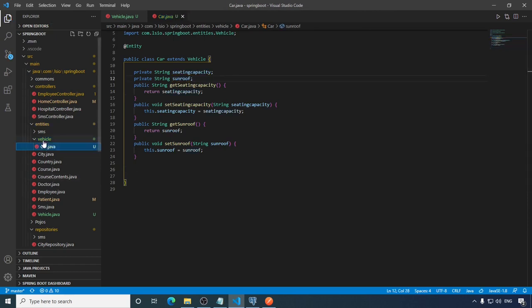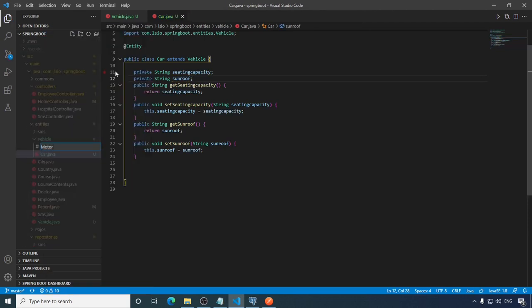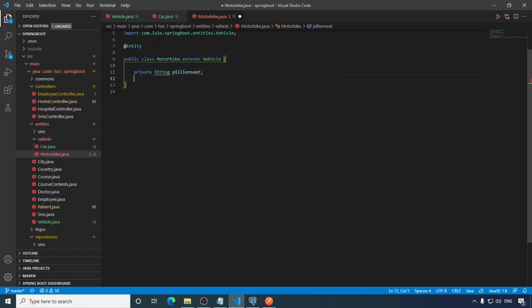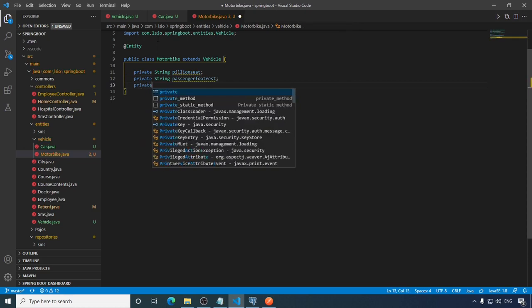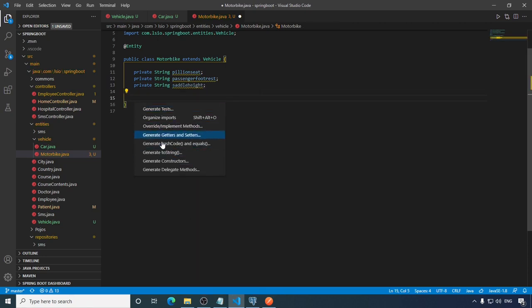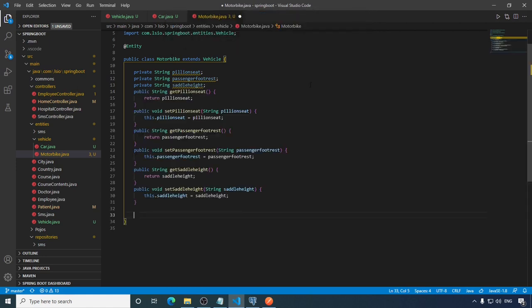save this. Now the second child, which is Motorbike.java. Extends Vehicle, and let's say this class has pillion seat and passenger footrest, and let's say saddle height. Right click, again getters and setters. Okay,